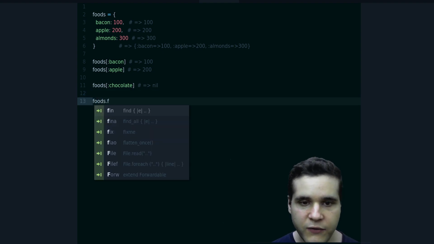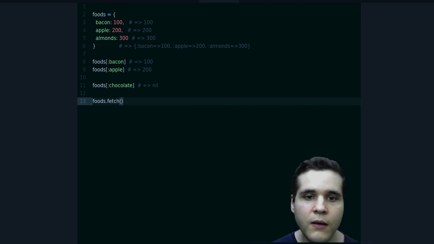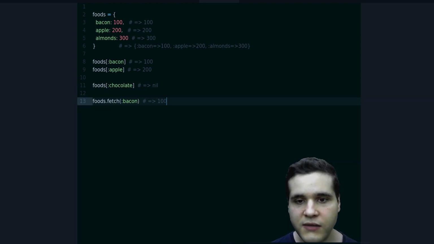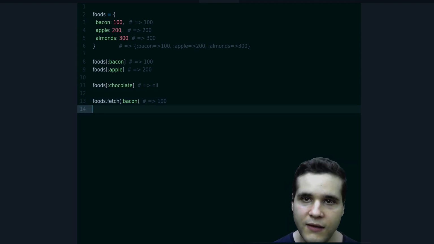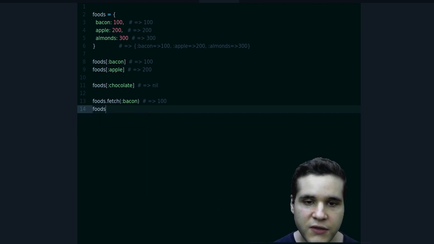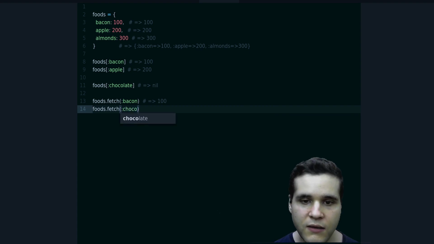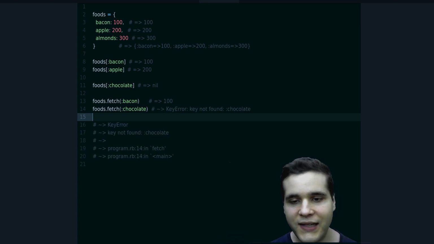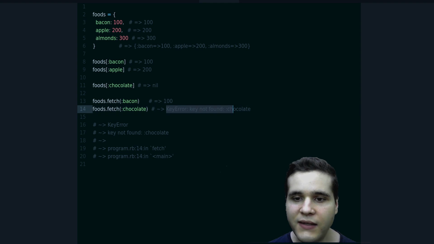We get foods.fetch bacon, and this works the same way. As you can see, we get 100. Nothing surprising there. But now if we do foods and instead of bacon we do chocolate again, and we know chocolate is not in the hash, what do you think will happen now? Let's find out. There we go, we get an exception, but this is a very different